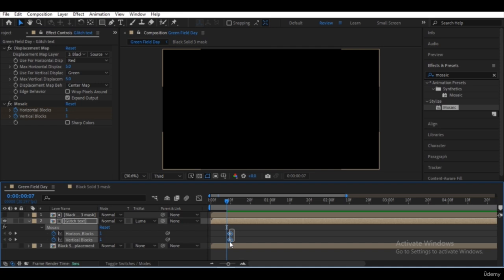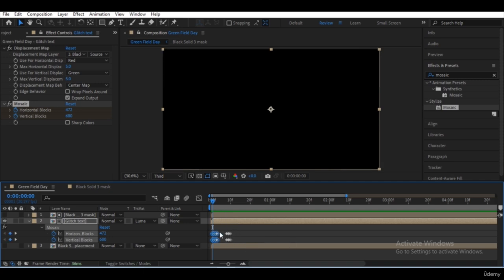Select the keyframes that contain the highest value for horizontal blocks and vertical blocks, and then copy with Ctrl C. Then slide the time indicator to where there are no keyframes at all.